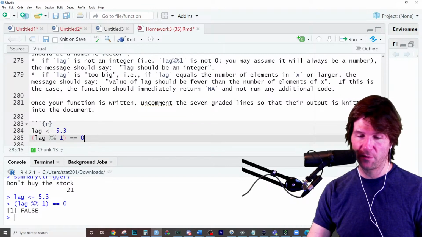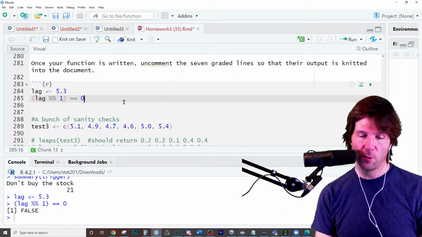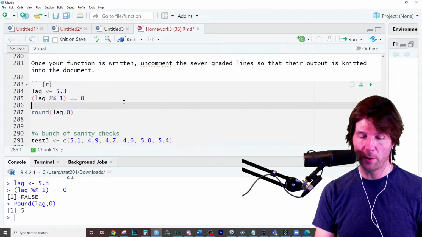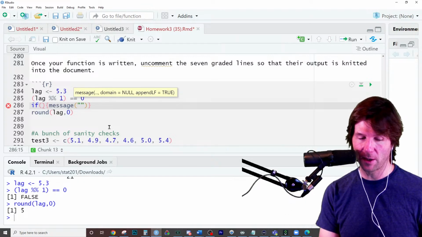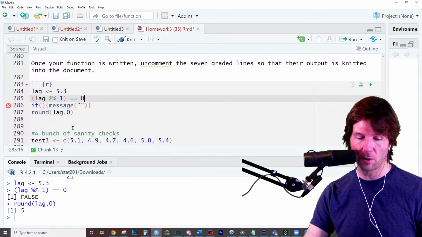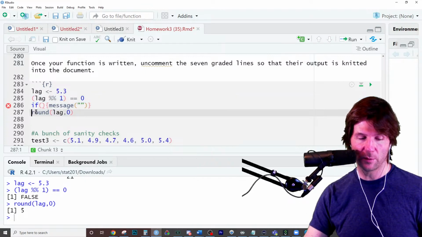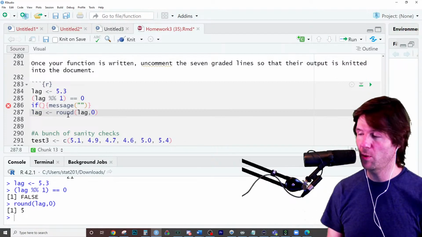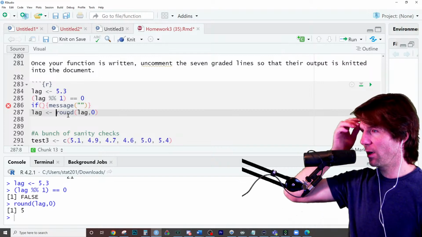And so I probably want to fix this for them if it is, but we'll just round it anyways. We'll round the lag to 0 decimals and we fix it. But before we fix it, we want to tell them something. We want to say if this condition is true right here, then we're going to print a message. Messages don't stop the function, and it says something like, I have rounded your lag for you. So this only runs if the condition is true. Then I probably want to also overwrite what they put into lag so my function doesn't have issues, because putting in a value like that could cause issues. So I'm going to overwrite what they put for lag with a value of lag that's rounded. Hopefully that makes sense.